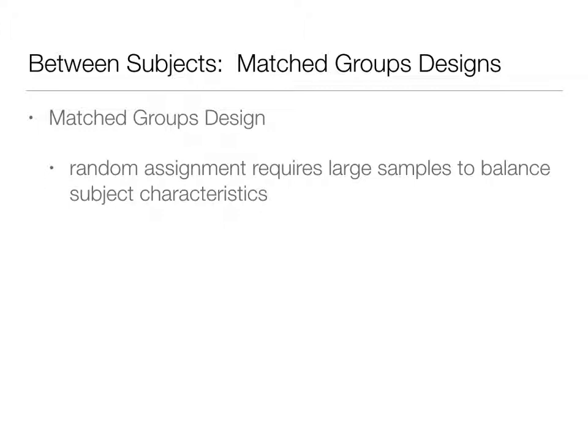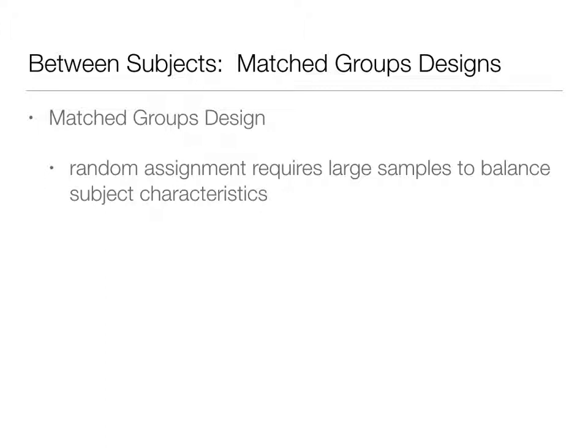So if you really want these groups to be equal, you have to have big sample sizes. Sometimes that's not possible, right? And so maybe you look at a within subjects design. But maybe you can't do a within subjects design. Maybe you have issues with practice effects or fatigue or these sorts of things. And so you really need to stay with a between subjects design, but you're only going to have a small